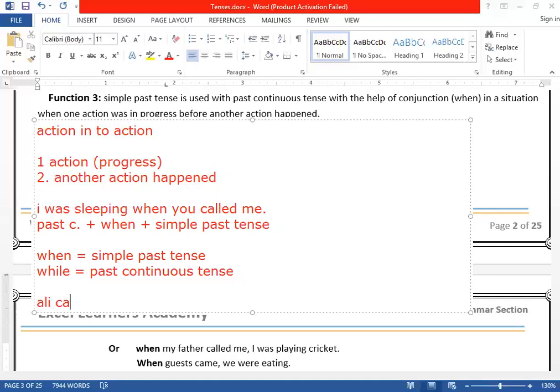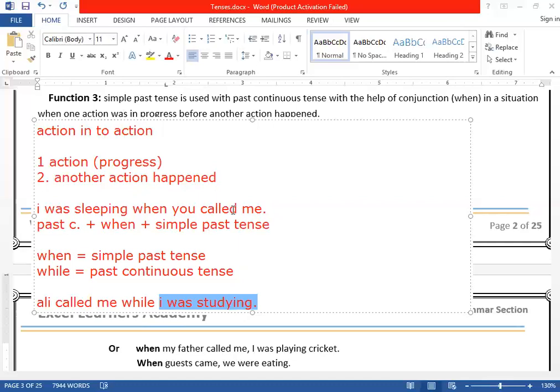अब देखिए, अली कॉल्ड मी, कौन सा टेंस हुआ, अली कॉल्ड मी, सिंपल पास्ट टेंस हुआ, हाँ सिंपल पास्ट टेंस हुआ ना, अली कॉल्ड मी, अली सब्जेक्ट है, कॉल्ड इज सेकंड फॉर्म ऑफ वर्ब, अभी हमने पढ़ा। अब यहाँ पे मैं क्या लिखना चाहता हूँ, while I was studying फॉर एग्जाम्पल। अब यहाँ पे देखिए I was studying, ये कौन सा टेंस है, पास्ट कंटीन्यूअस। अब इससे पहले मैंने क्या इस्तेमाल किया, what I have used here, while।